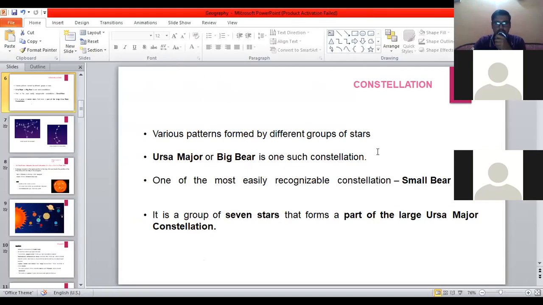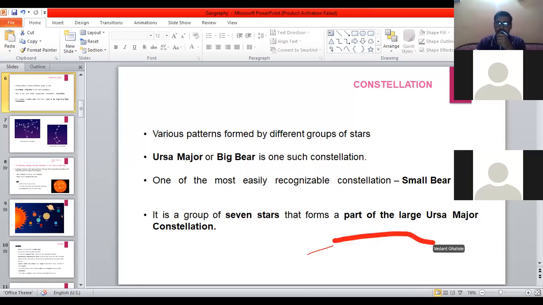So if we talk about the constellations, let me show you first the software for how we see the night sky in the present situation. In the present scenario, we do not have the telescope, if we do not have some instruments that are much needed to see, to visualize the things.